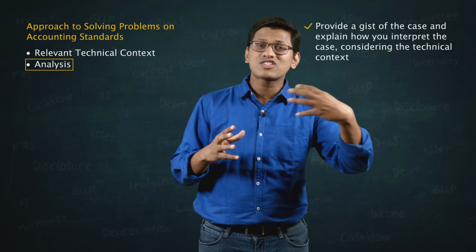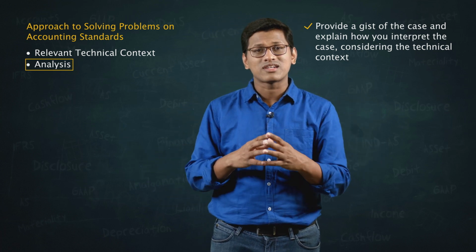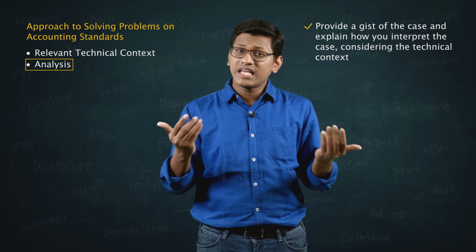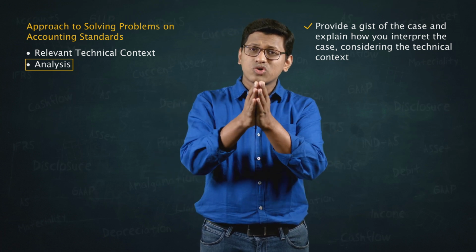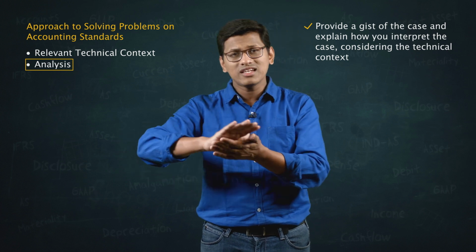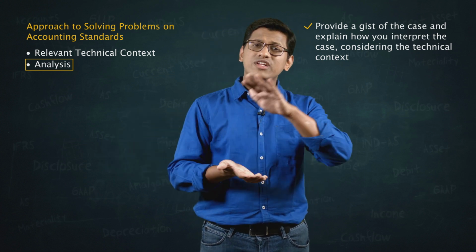If this is the case, it is as per accounting standard. If this is not the case, this is not as per accounting standard. So for example, if it is a question on AS4, then you might say, okay, if it is an event which provides additional evidence, then it is going into adjusting items. If it is not,